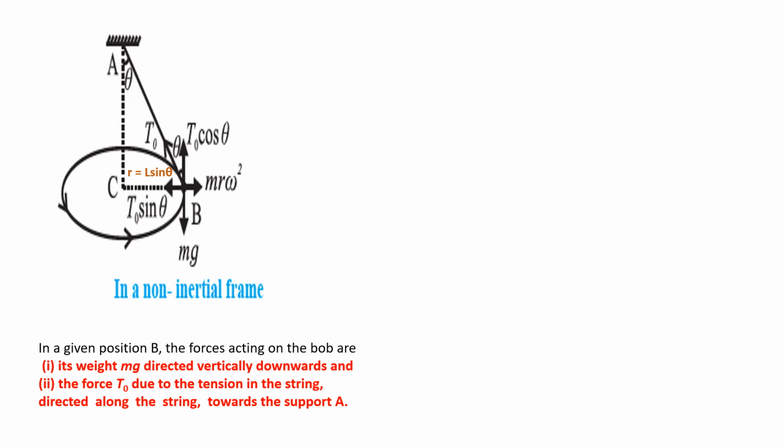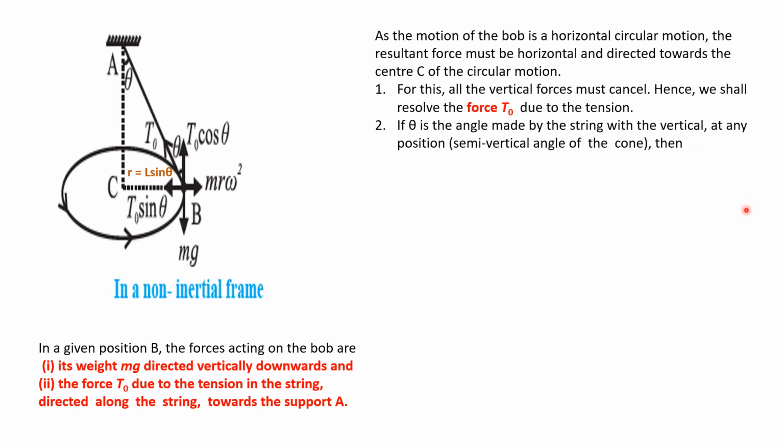Consider a conical pendulum in a non-inertial frame of reference. From the diagram, at point B, two forces are acting on the bob. One, its own weight mg directed vertically downward, and second, the force T0 due to the tension along the string directed along the string towards the support A. The support must be rigid. As the bob performs a circular motion, the resultant force must be horizontal and directed towards the center of this